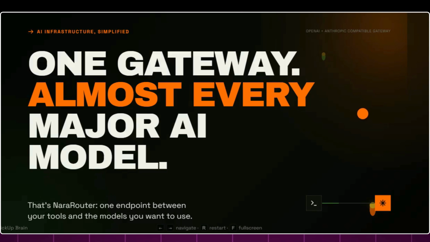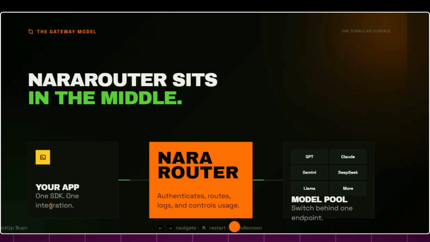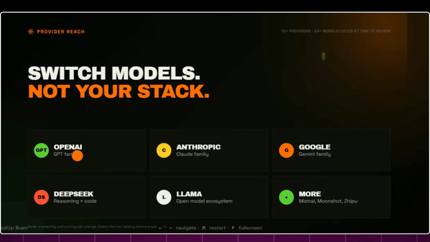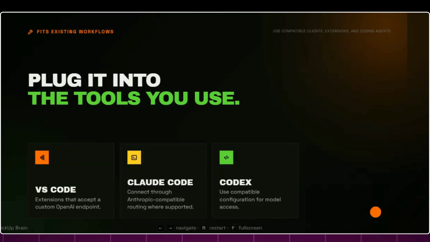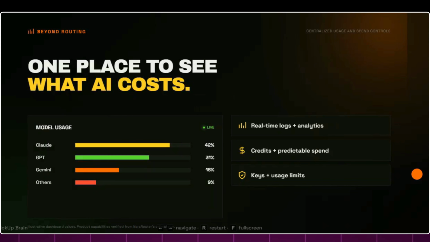So, what exactly is NaraRouter? Think of it as one AI gateway for almost every major AI model. Instead of creating separate API keys for OpenAI, Anthropic, Google, DeepSeek, and others, NaraRouter gives you one OpenAI-compatible endpoint that routes your requests to different models behind the scenes. That means you can switch between GPT, Claude, Gemini, DeepSeek, Llama, and more without rewriting your integration. It works with tools like VS Code, Claude Code, Codex, and any OpenAI-compatible SDK, making it super easy to plug